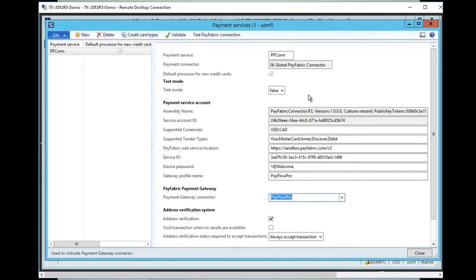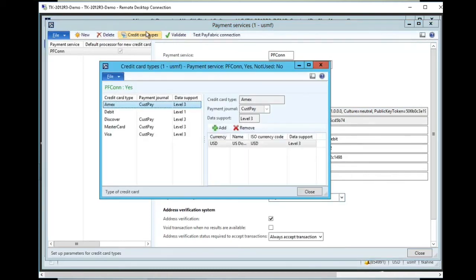So at this point, I like to use the analogy of in AX, there's a wiring to handle sales order and call center processing for credit cards. And that wiring has been built into AX 2012 since about R2. And what we've done is basically put the power cord from the outside of the utility company power cord to the Pay Fabric connector versus to the DOPS connector. So if you're using DOPS today, there will not be virtually any training required because what we do is leverage what exists there. We also are going to add some more features that we'll talk about here at the end